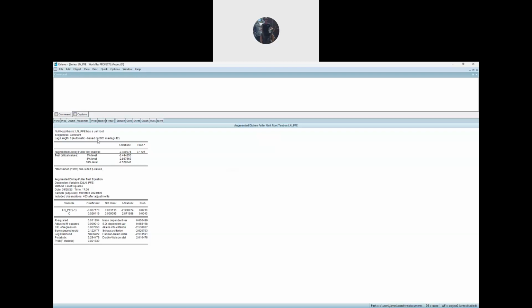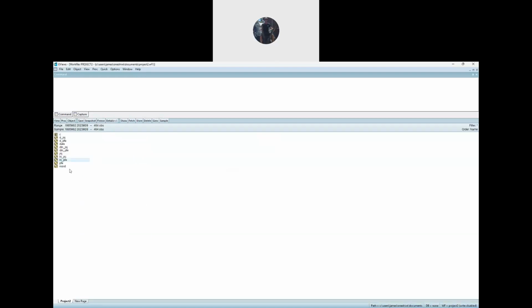So we're not going to reject the null. And just doing the log transformation wasn't enough. It's still not stationary. All right, we have two more options. I'm pretty sure that one or both of these will be stationary because I've done this analysis before,